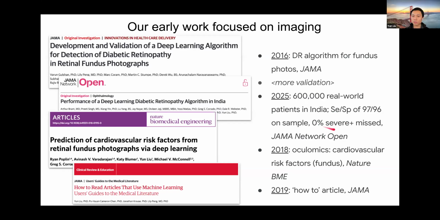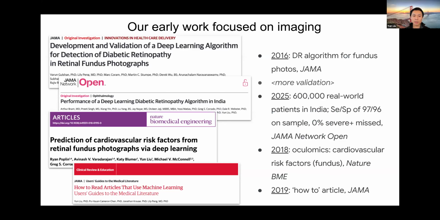And for images that were severe, several of them were actually graded by the algorithm to be moderate disease. In this system, moderate disease is also referred to for eye care. And so what happened was that the grading did have a miss, but the actual decision making, there was no misses in that. So this paper was published in JAMA Network Open